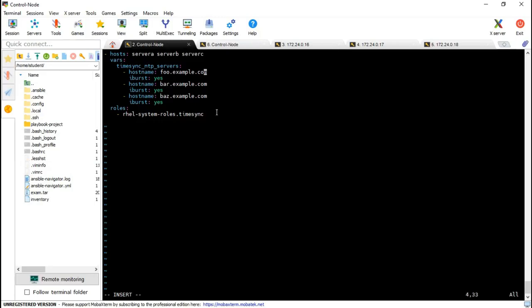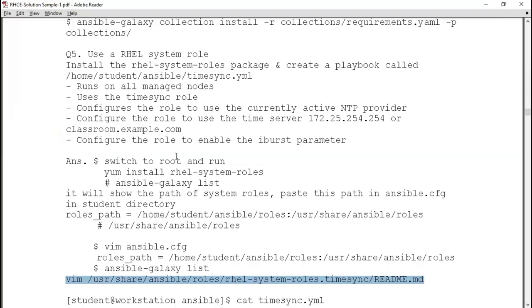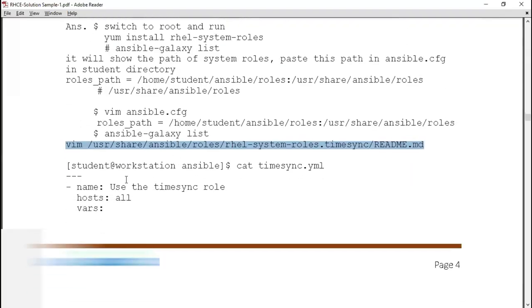And the NTP server name they are already saying is classroom.example.com, with iburst. Remove these two hostnames and use the role rhel-system-roles.timesync. Right?